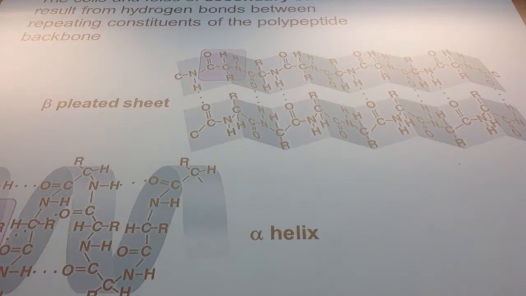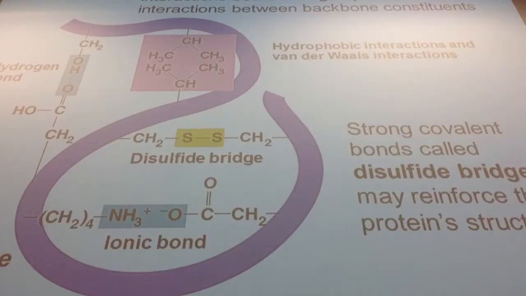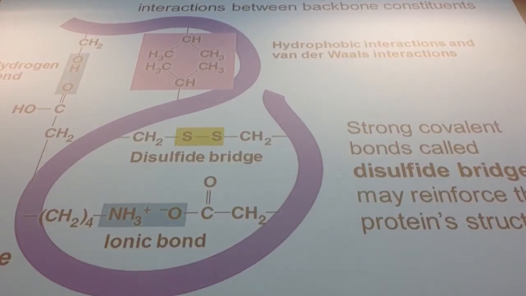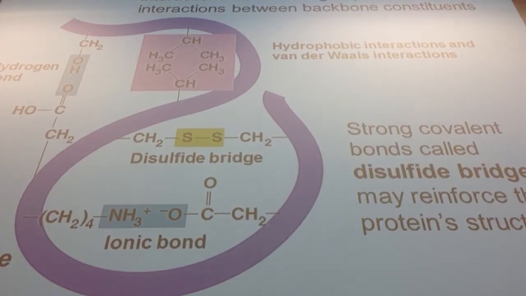This is the interaction within the polypeptide backbone, versus a tertiary structure, which is when you actually have side chains interacting with one another. Non-polar side chains interact with non-polar side chains. Positive or basic side chains would interact with negatively charged or acidic side chains, right? So again, tertiary structures involve the